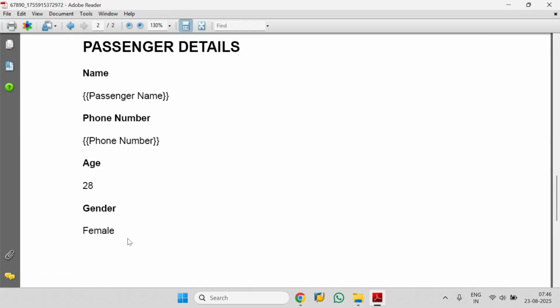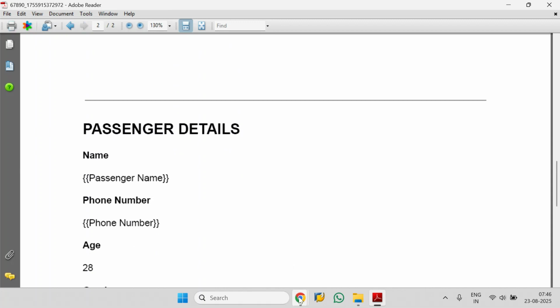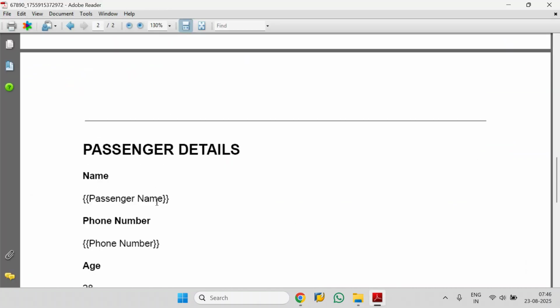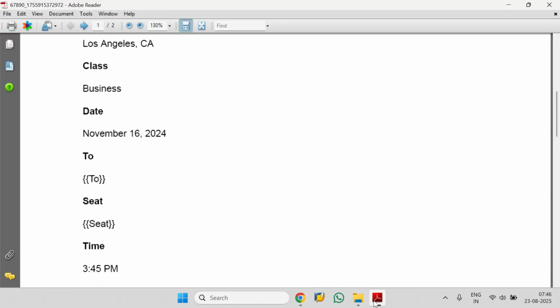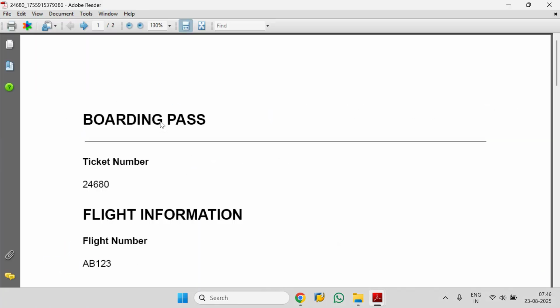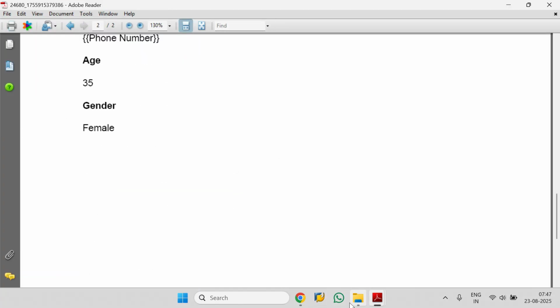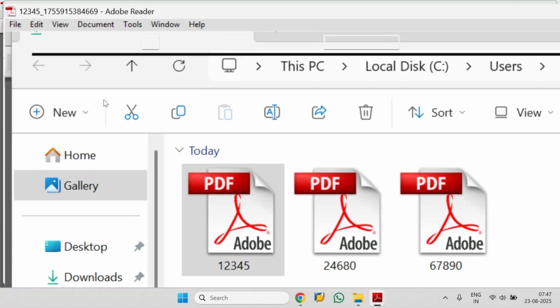Okay. Some of the mappings which are missing can be verified from the database itself. So if any mappings are not exactly the same as they should have been, those mappings are missed. So let us see the other files and we will now see how we can correctly map all the elements. Okay. So you can see the second file has also been generated correctly and this is the last file